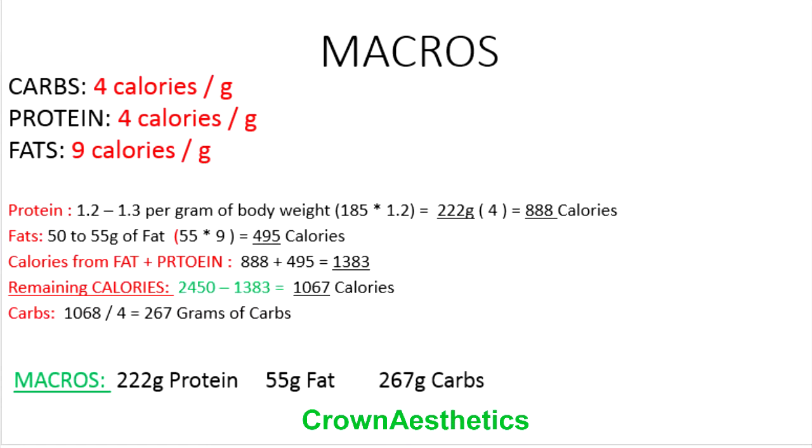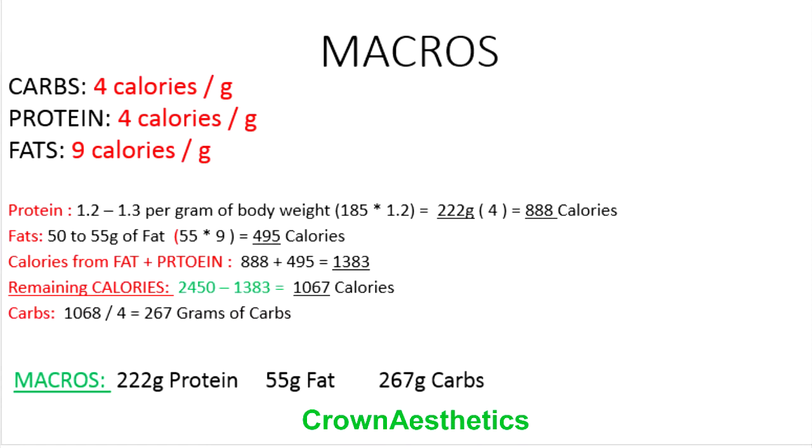Now, when you're dieting, I would suggest you hit 1.2 to 1.3 grams of protein per pound of body weight. Now, I would say start with 1.2 if you're around 15 to 16% body fat. Now, as you're getting leaner and leaner, then you want to hit more protein. So I would say 1.3 grams would be perfect if you're getting really lean and you're getting to that single